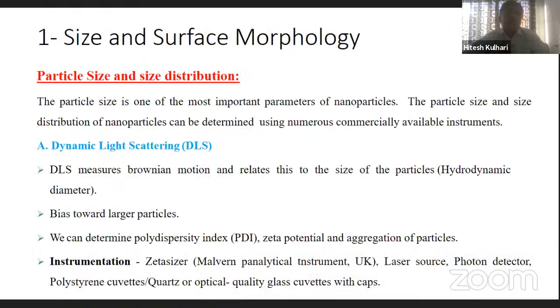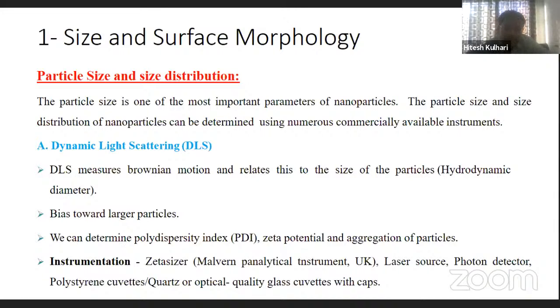So first thing is the size and the surface morphology. Size is most important. Suppose you have synthesized some nanoparticle, how will you come to know that it is a nanoparticle? Or if it is a nanoparticle, what is its exact size, whether 5 nanometer or 50 nanometer or 500 nanometer? So we have a technique which is known as dynamic light scattering. It is based on the Brownian motion of the nanoparticle,